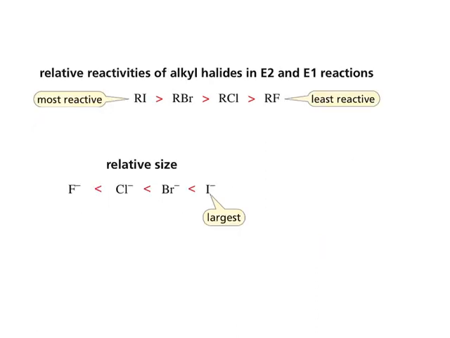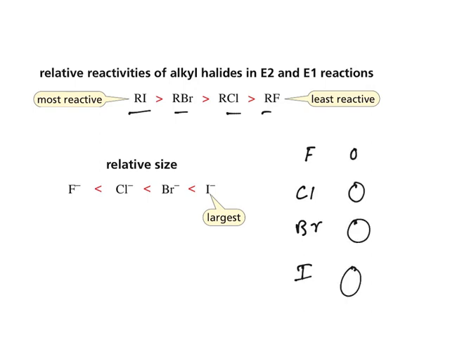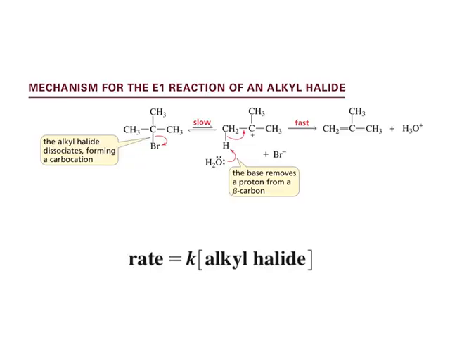Moving further, when you see the halides, we have seen this already in substitution reactions. Fluoride, chloride, bromide, iodide: the ionic radius increases as you go down, and iodine can easily stabilize the negative charge better than fluoride. If it is more stable, it will act as a very good leaving group. Hence, the more reactive one is this one. So you need a very good leaving group. So iodides are very reactive.